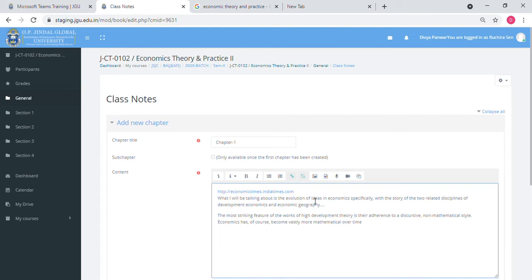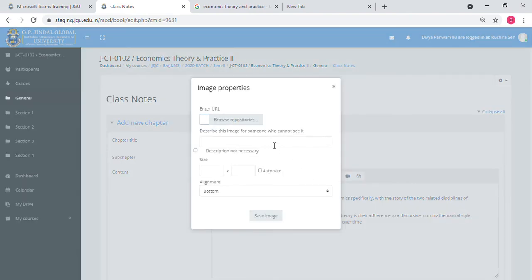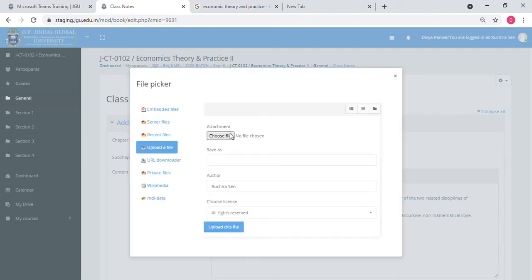You can also add an image from any of your repositories. For this, click on this insert or edit image and click on this browse repositories. Here you have to choose the file. You can give the name to the image.